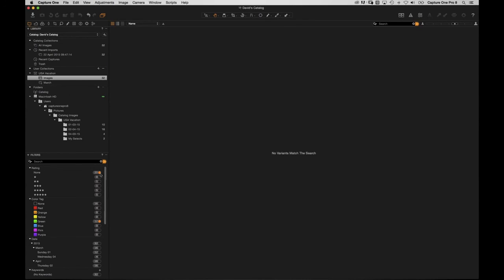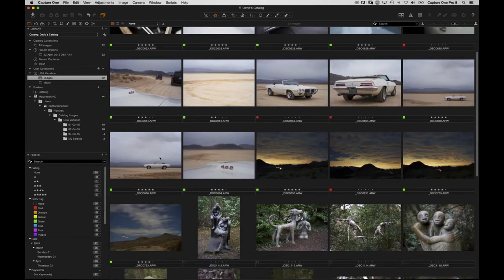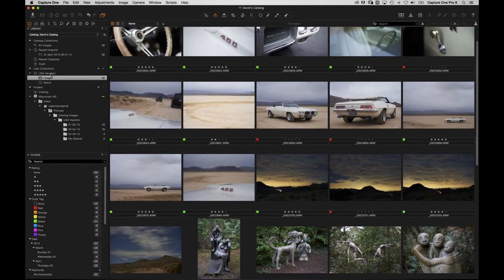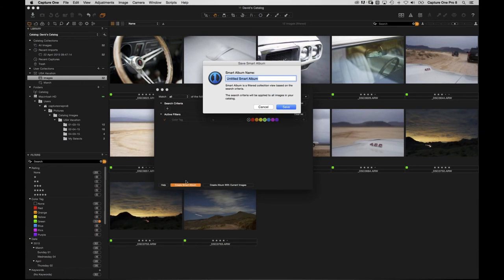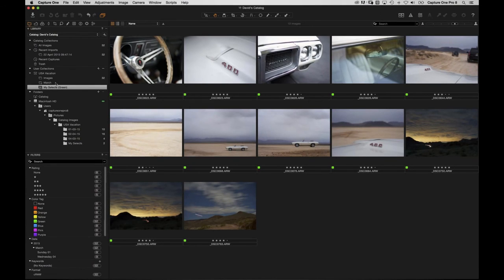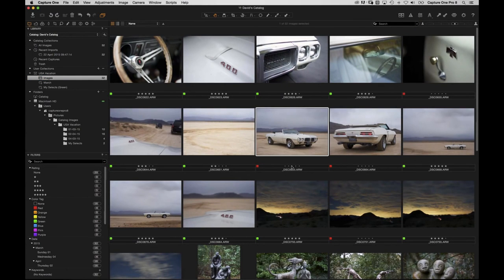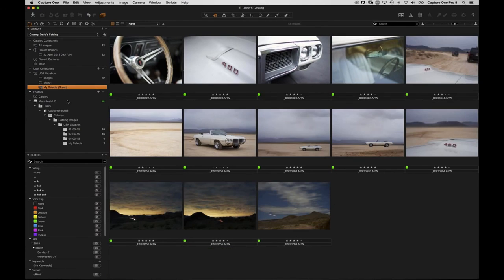And now under images, we've got all the various different ratings we can use in that project, just simple smart albums again. So if I wanted to see everything that was green, we could simply transform that, create smart album, say My Selects Green, if you really want to know what the color is, and now I've got that smart album. Remember, the smart album is dynamic, so this is now set. So if I was to go into all images and for example make this one now green, plus, now it's popped up in there. So I think this is a much smarter way of organization,